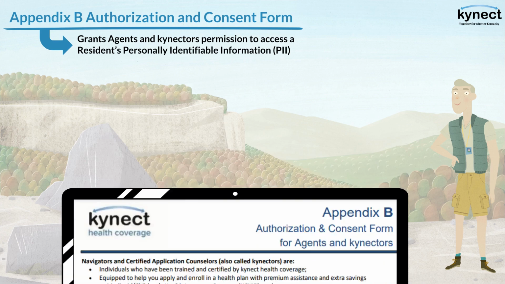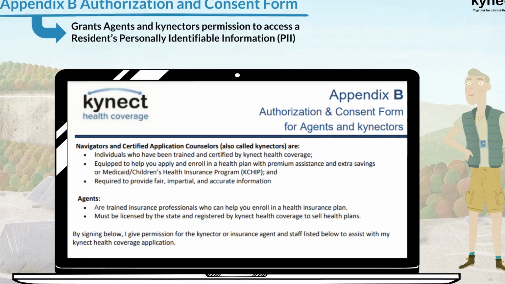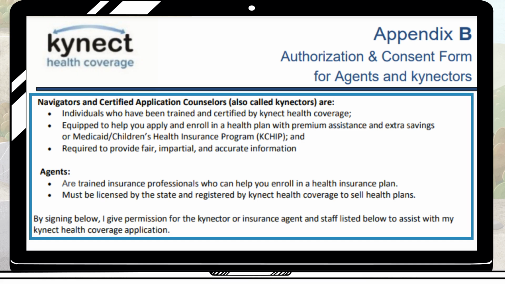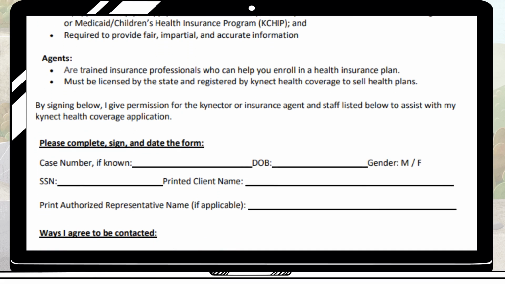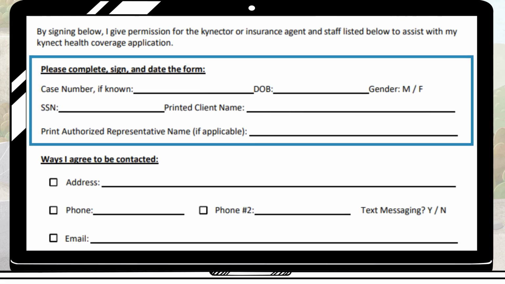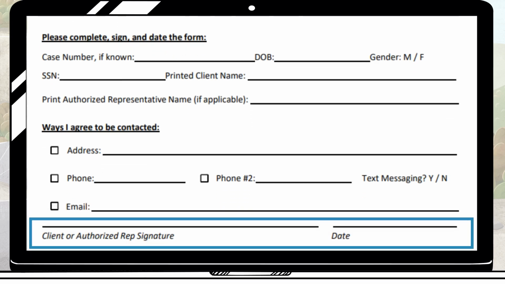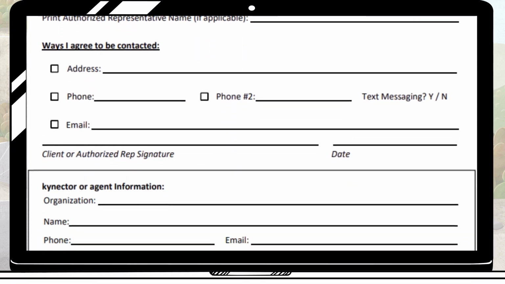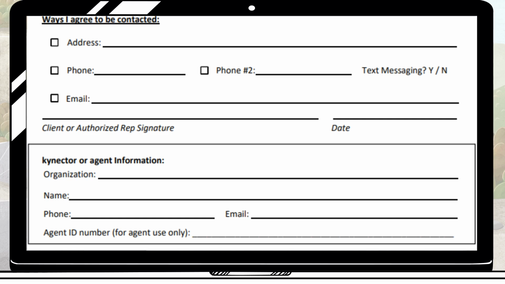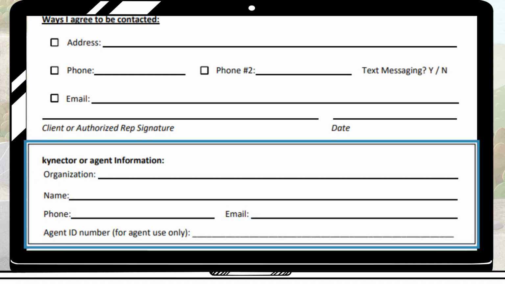To complete an Appendix B authorization and consent form, agents and connectors should first read the information at the top to understand their role. Then, the resident's information should be used to complete both the Please Complete, Sign, and Date the Form section and the Ways I Agree to be Contacted section. Next, the resident or their authorized representative must sign and date the form. Lastly, the requesting agent or connector must enter their organization, name, phone, and email in the designated section at the